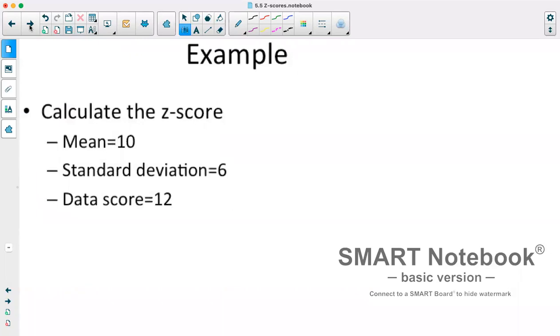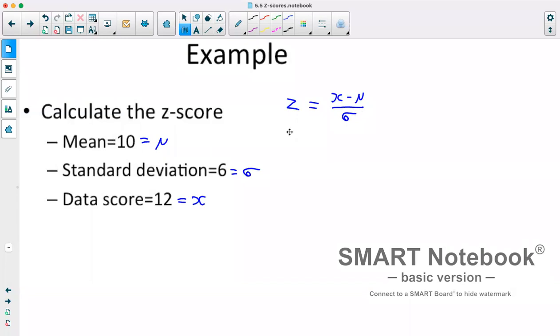So we'll do a couple of examples of calculating the Z-score. In this first one, we have a mean of 10, so that would be this symbol. Standard deviation is 6, which is this symbol. And our data is just X. Now our formula is Z is equal to X minus mu